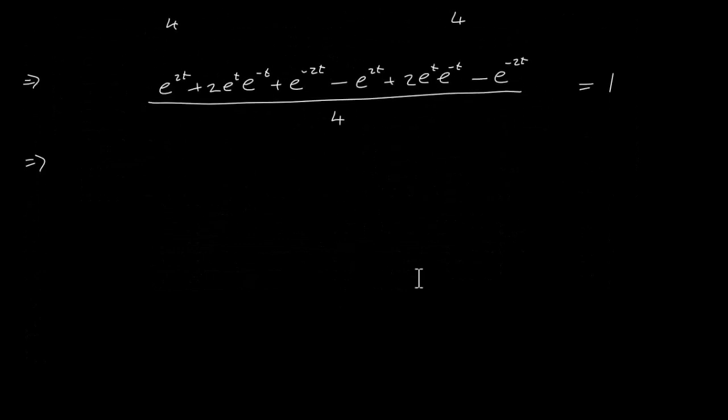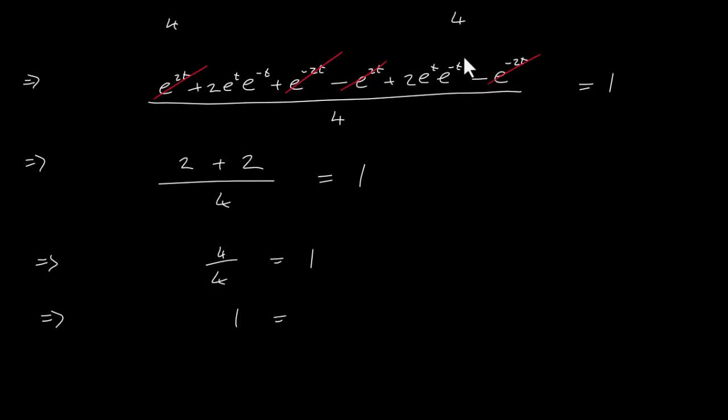Okay, so let's see if anything cancels here for us. We have an e to the power of 2t and we have a minus e to the power of 2t. We have an e to the power minus 2t plus and a minus e to the power minus 2t. So they cancel as well. Now if you look at these here, we have an e to the power of t times e to the power minus t. Add the powers, that gives us e to the power of 0, which is 1. So we just end up with 1 times 2, which is 2. Same thing here, we end up with plus 2 over 4, and you can see here that we get 4 over 4, which is 1, is equal to 1,